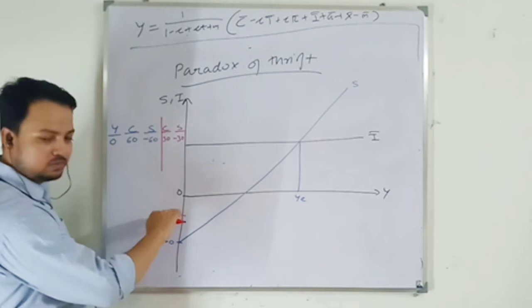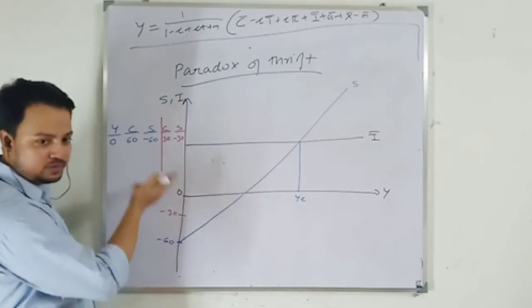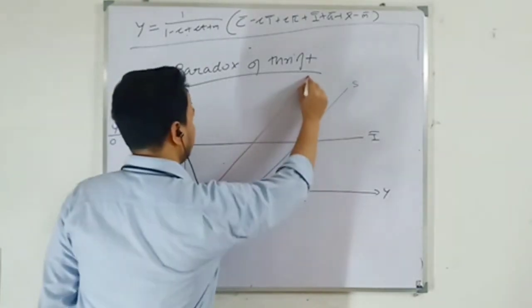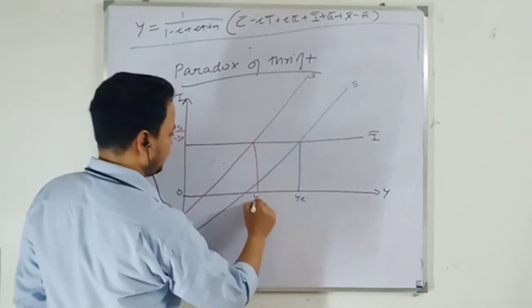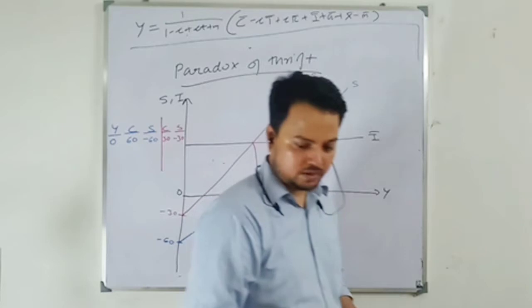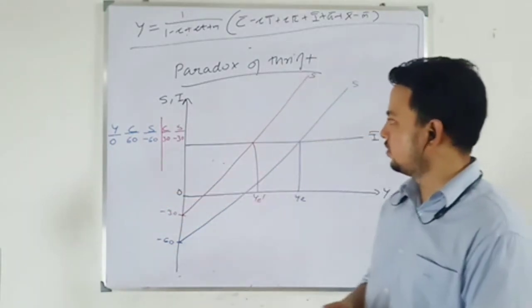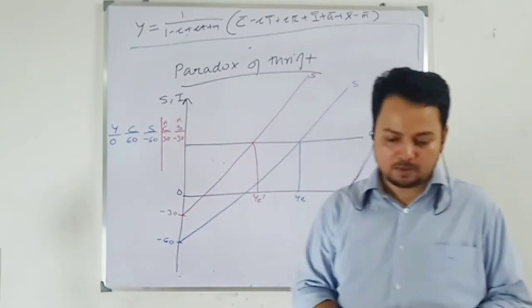That means your autonomous saving is increasing. So as your income increases, this will be your saving curve, and this will be your equilibrium level of income, say Y prime. So write down this thing also. You can put hat also if you want to put hat. In the above diagram,